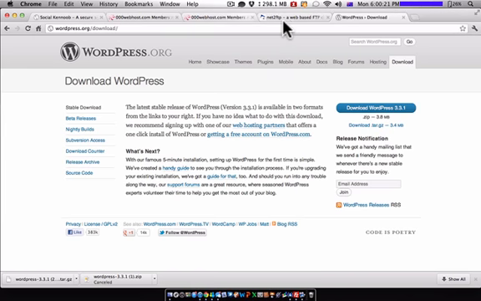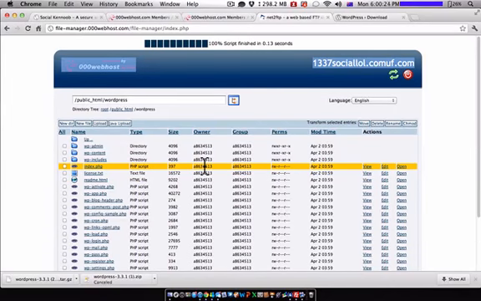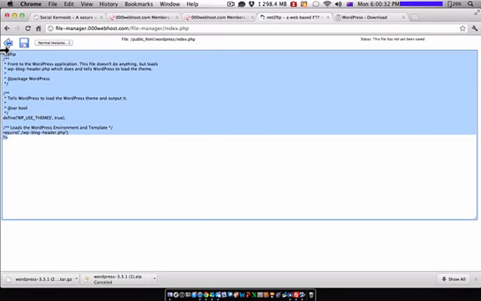Now, if you don't want it like that, you go to your WordPress folder over here, and on the index.php, you want to click Edit,